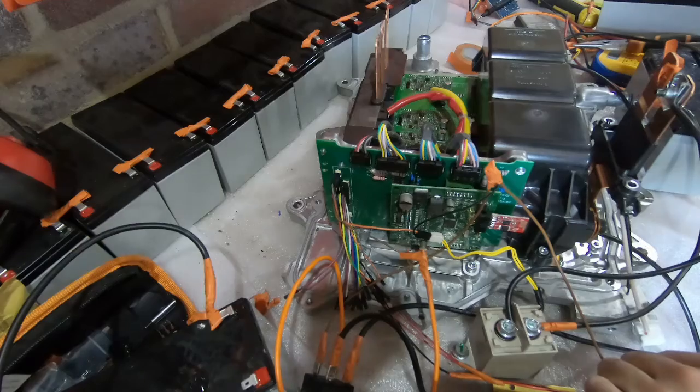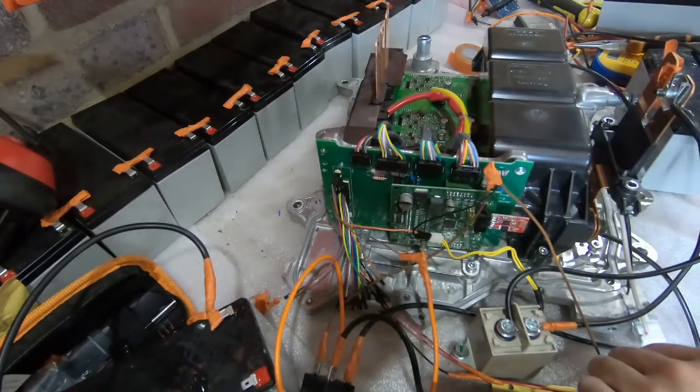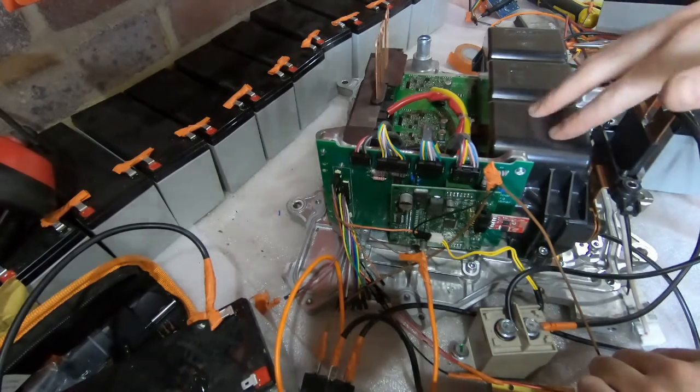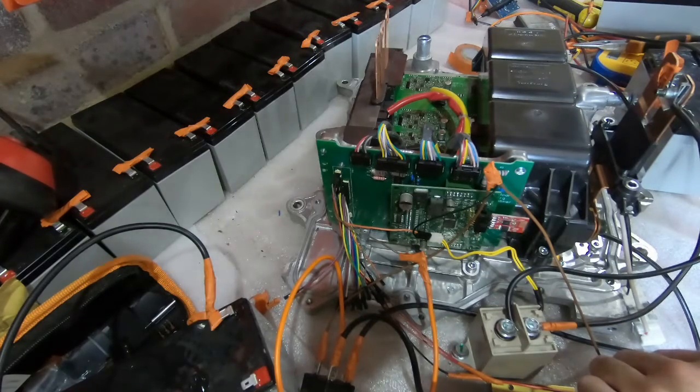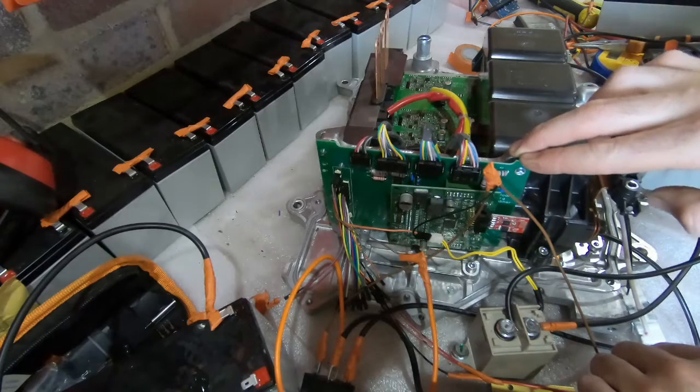Okay, so we've been trying a few different things here that haven't really been working. Problem is that even though I've got power coming out of the various elements of the pre-charge circuit, it's not being allowed into the capacitor, and I think that's a software thing. I think it's some sort of restriction, which is, I'm sure, very sensible. But I think one of the reasons is that when I was doing the first part of this work, I had to create my own pre-charge circuit, and I was still trying to do the same thing, doing it outside of the inverter. But the guy who designed this very sensibly